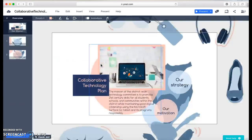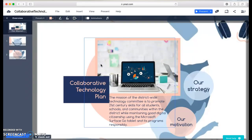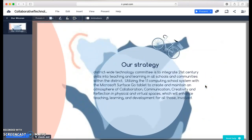as you can see, the mission of the district-wide technology committee is to promote 21st century skills for all students, schools, and communities within the district while maintaining good digital citizenship using the Microsoft Surface and Go tablets and its programs responsibly. Our strategy: District-wide technology committee is to integrate 21st century skills into teaching and learning in all schools